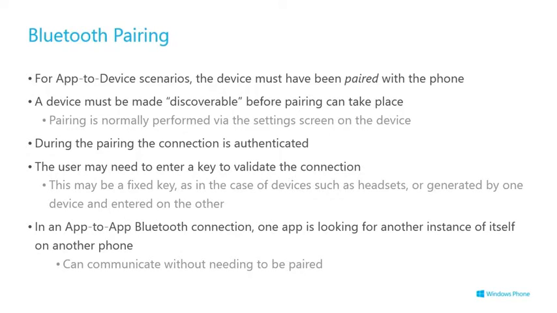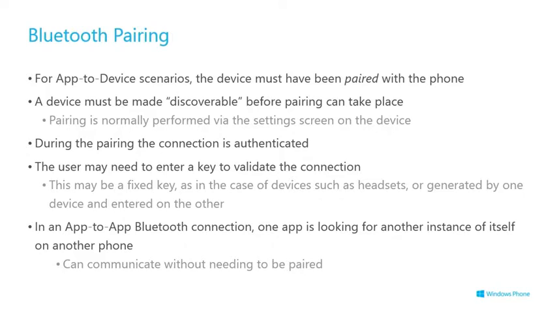So, yeah, the Bluetooth pairing thing. For app-to-device scenarios, the device must have been paired with the phone previously. The device has to be made discoverable, obviously, before pairing. I'm sure you've all done this with headsets. You just have to get it into discoverable mode, and then one device discovers the other,